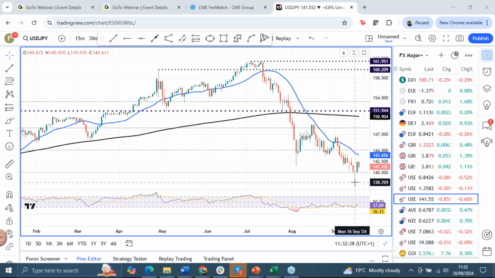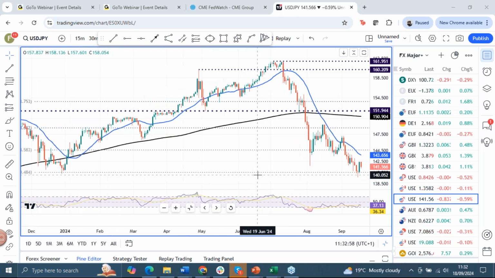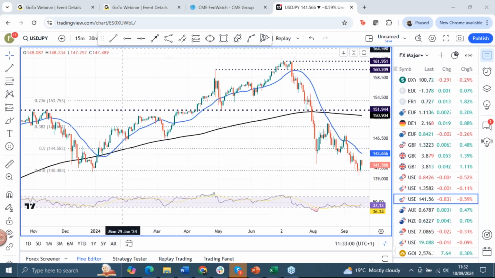As I say, the focus for the meeting will be on Ueda and colleagues continuing to signal more hikes down the road. Anything corroborating the market's view that another increase could be delivered before year end may allow the yen to continue appreciating, and dollar yen sliding. We do have this really big level for us. If we just show you what we're looking at here,